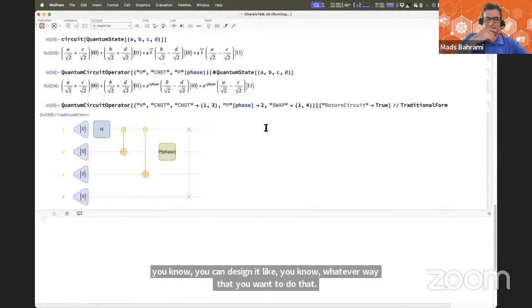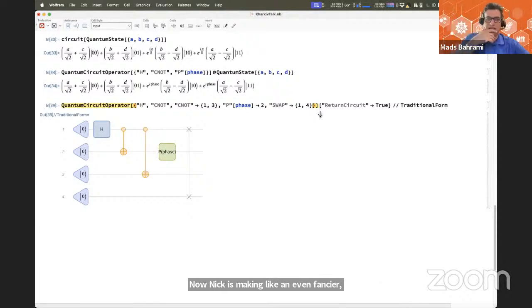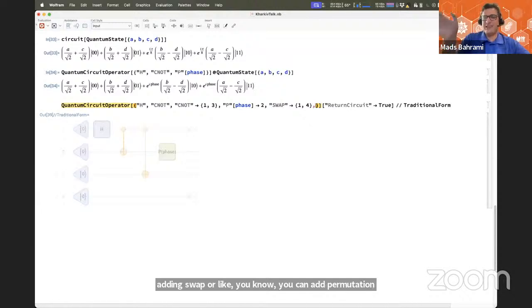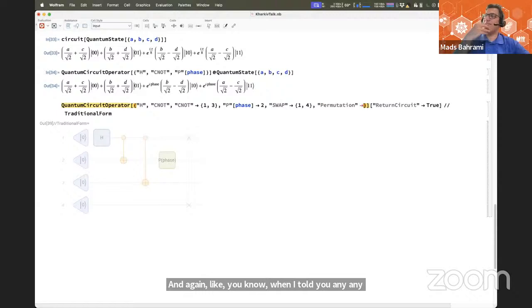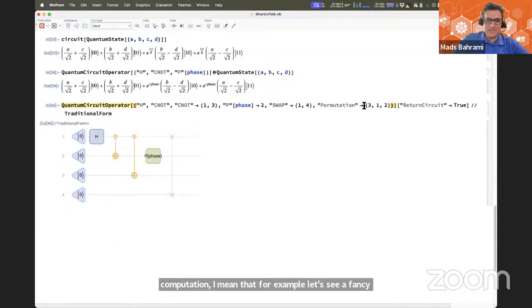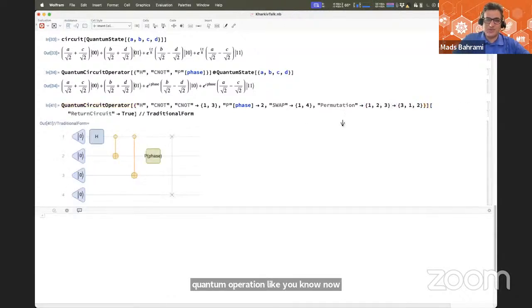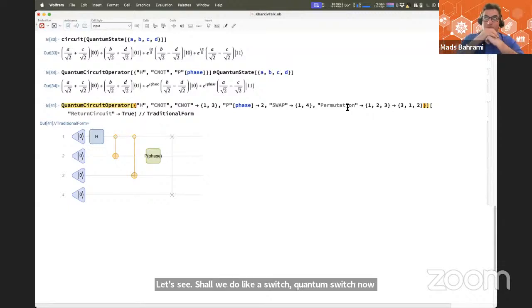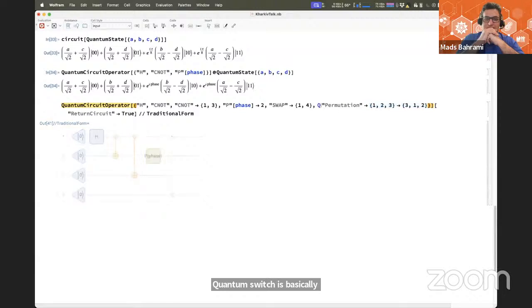Now Nick is making it even fancier, adding swap, or you can add permutation. And again, when I told you any computation, I mean that. For example, let's challenge ourselves and do a quantum switch. Now I have to remember, quantum switch is basically a fancy way of applying